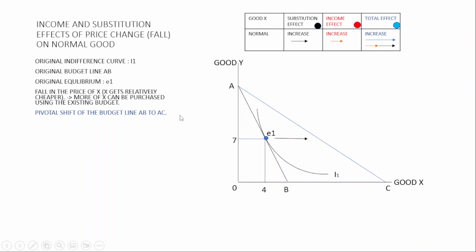Since there is an outward shift, you'll be able to produce more and access an outer indifference curve, named I2, which is going to carry more output compared to this one. If the output here was 100, it's going to be 200. And at this new equilibrium, E2,